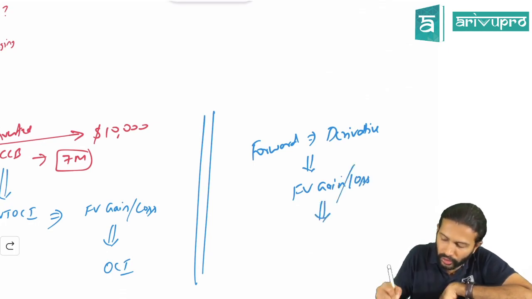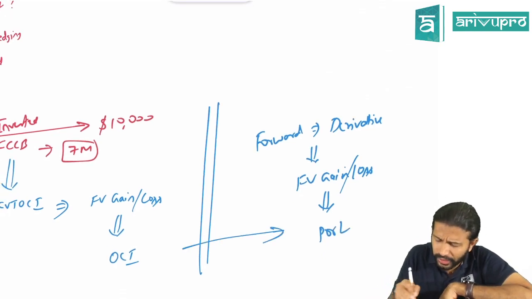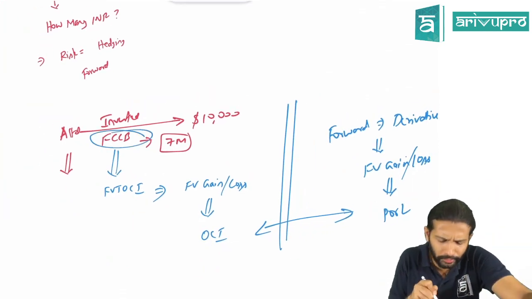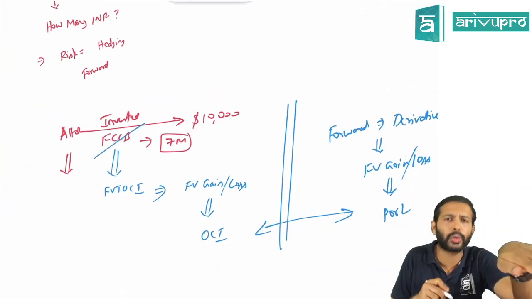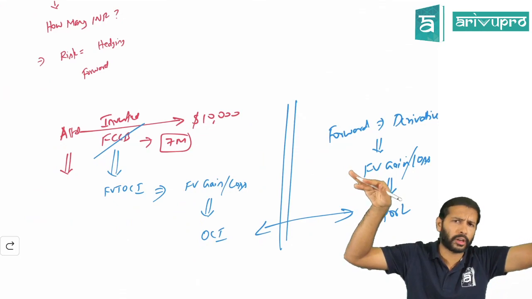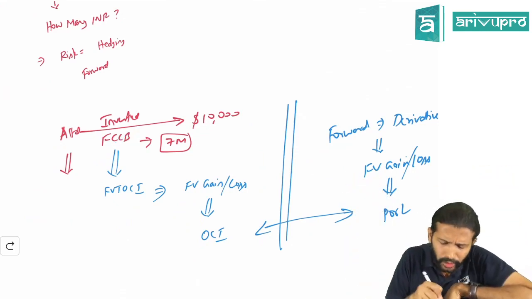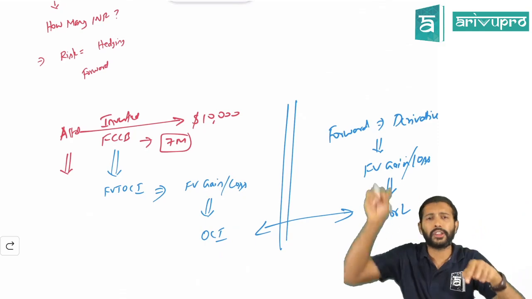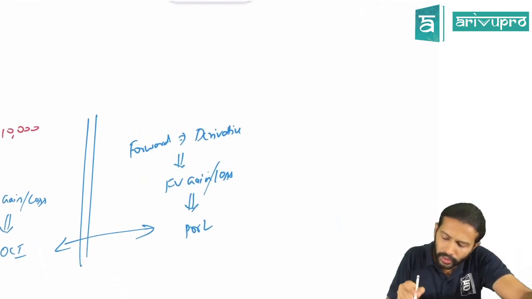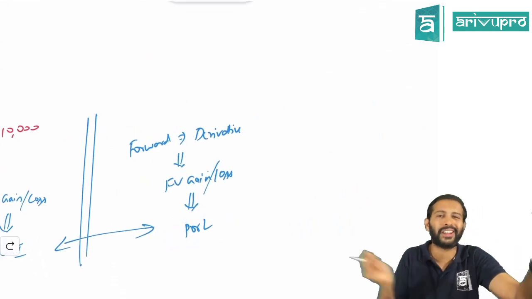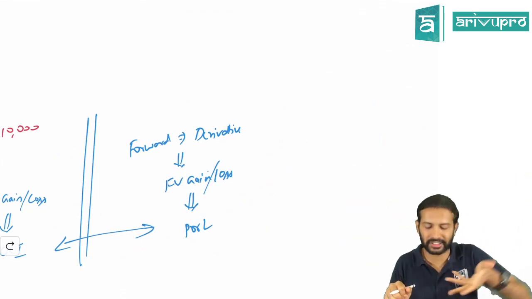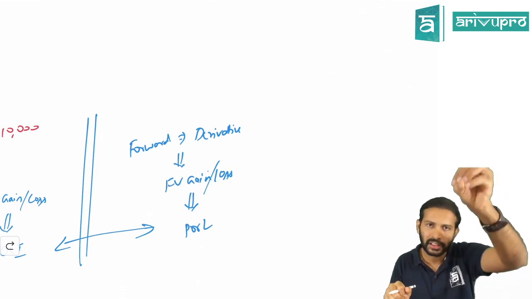if you book it off to P&L, then don't you think there is an accounting mismatch over here? Because derivatives are only coming because you have the foreign currency bond. If this foreign currency bond was not there, even this derivative would not be there. Derivative instrument is there only because you have the foreign currency bond. The fair value gain or loss on the foreign currency bond, you're putting it in OCI. However, the fair value gain or loss on the derivative, you're putting it in P&L. Is it matching, sir? No, one instrument you're putting in OCI, another one you're putting in P&L. Is it making sense, or is it an accounting mismatch? There is an accounting mismatch here.